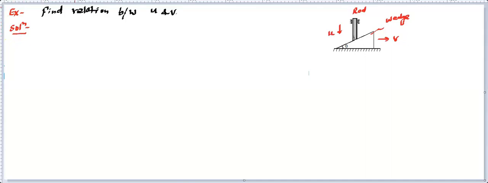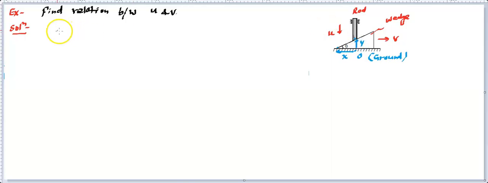First is the basic one. First of all, we will choose an origin. Let's consider just below this, on the ground, as the origin. So this origin has been chosen on the ground, and it does not change. We know that any point of this wedge will have the same velocity v, no matter which point you consider. Similarly, any point of this rod will have the same velocity u. So we consider the tip point of this wedge at a distance x, and this point of the rod at a distance y from this origin, which is on the ground.